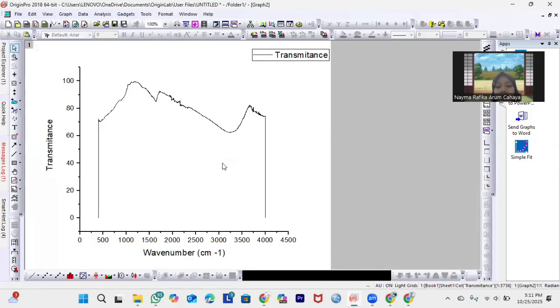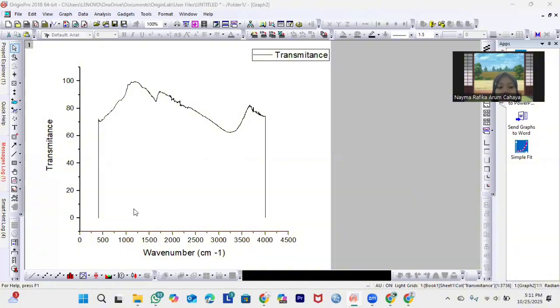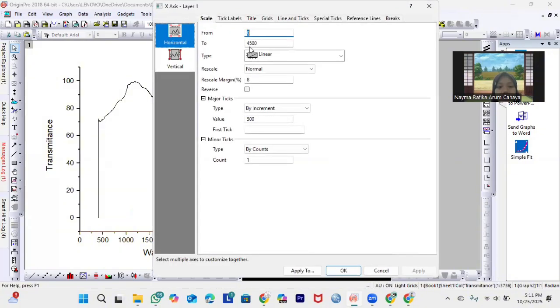To tidy up the graph, we must set up the scale. How to set up the scale? First of all, we must right click on the x-axis, scale. We set scale from 500 to 4000. Okay,